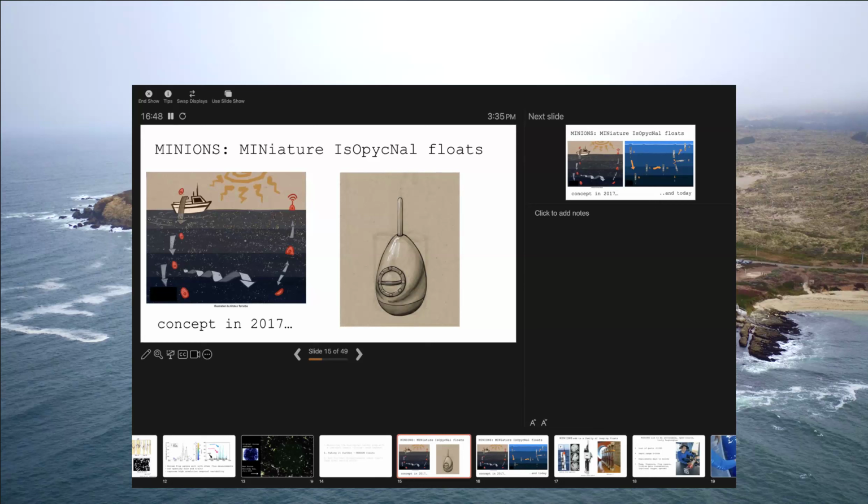So trying to make something very cheap that is passively ballasted as opposed to actively ballasted, and thereby dispensing with one of the more costly elements of profiling platforms. This concept was hatched at a meeting in 2017 hosted by the Keck Futures Initiative. They had an artist come and try to render our discussion at the same time, which is where some of these drawings came from.